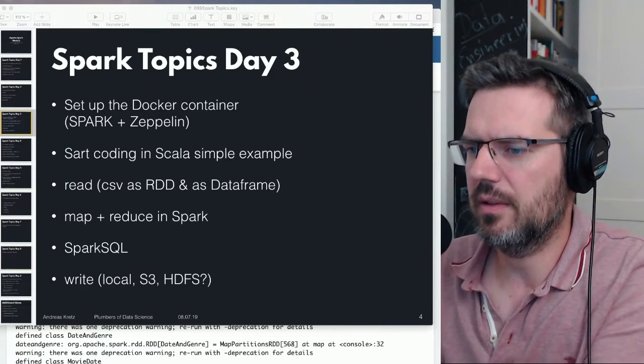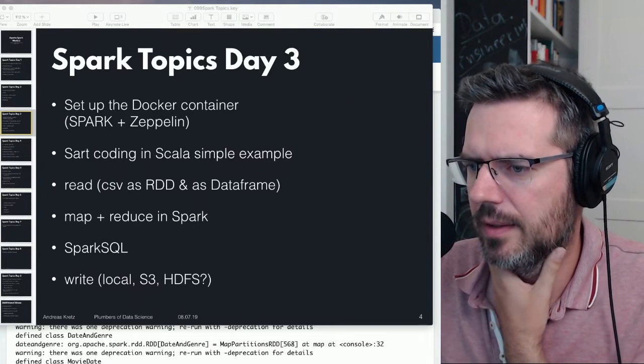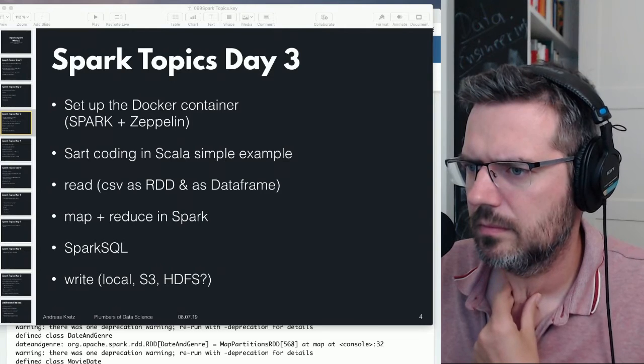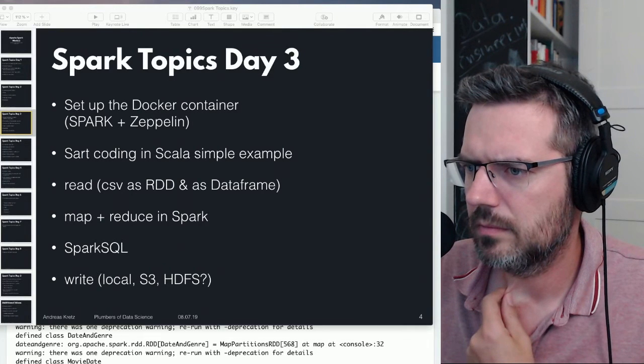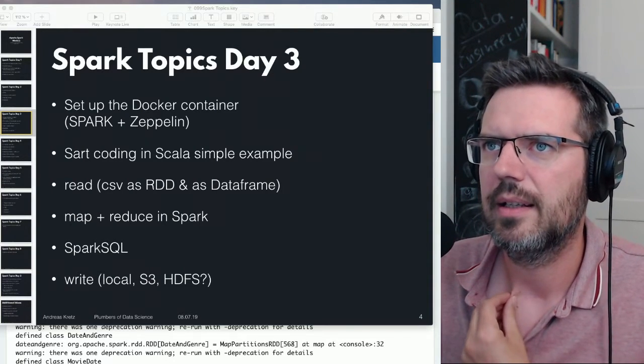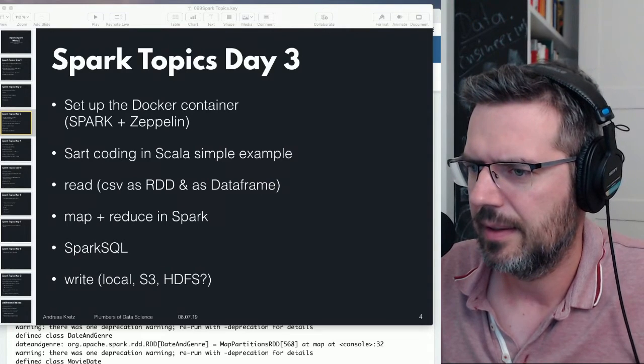Save data frame to the Parquet file, of course. Okay, that would be a good example.